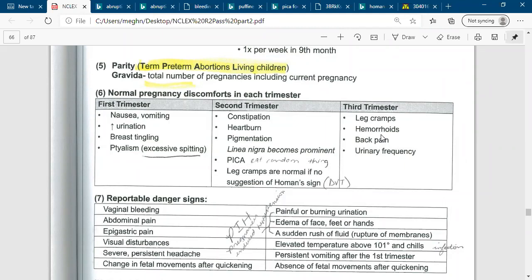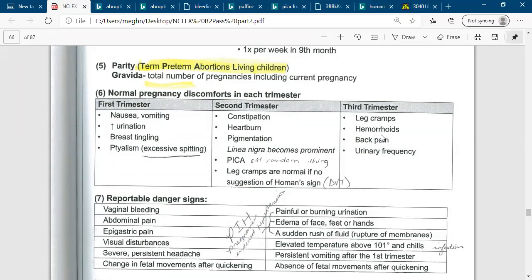Always avoid high heels. Also, we can tell them to do the pelvic rocking technique exercise. This type of exercise helps back pain, and we can also tell the mother to do the